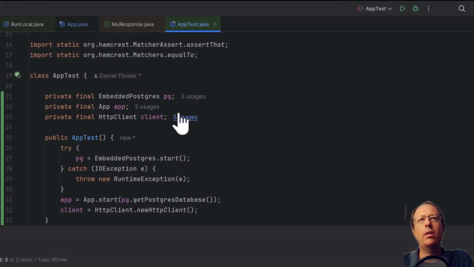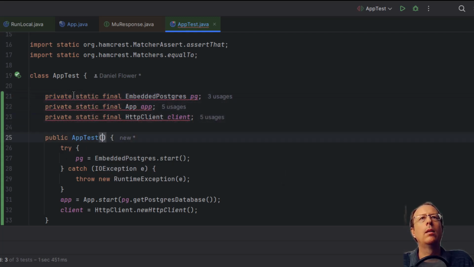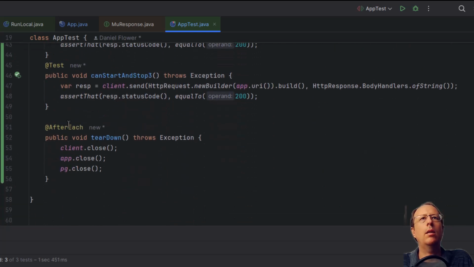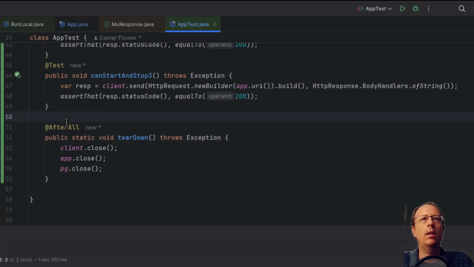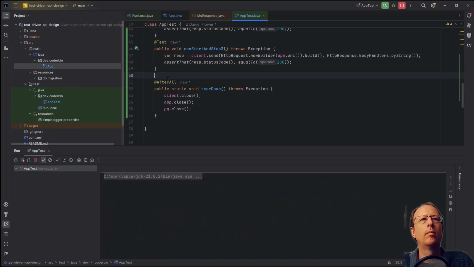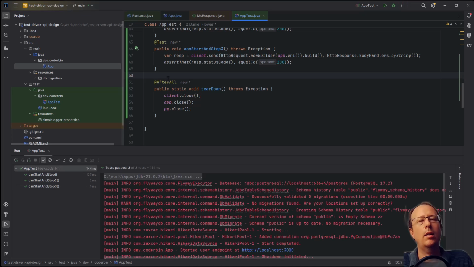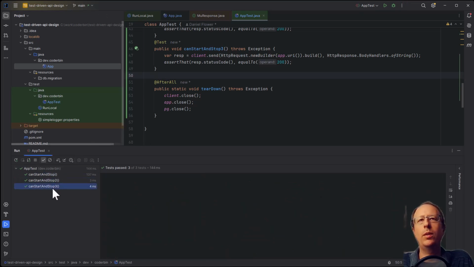We do not need to create and destroy all of these on every test case. We can start at once and then shut them down right at the end. So let's make these static. Let's set these up in the static constructor. And let's shut it down only after everything is run, also in a static method. Okay, let's rerun that now. Okay, so still a bit of a slow startup, but once the first one is finished, 3 or 4 milliseconds per test, I'm happy with that. Okay, let's move on.